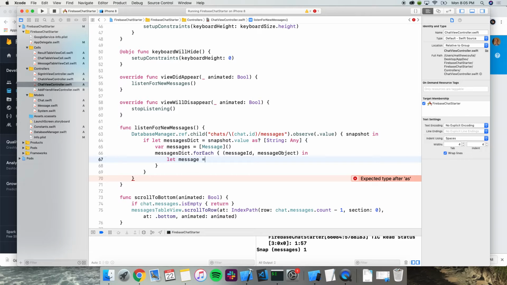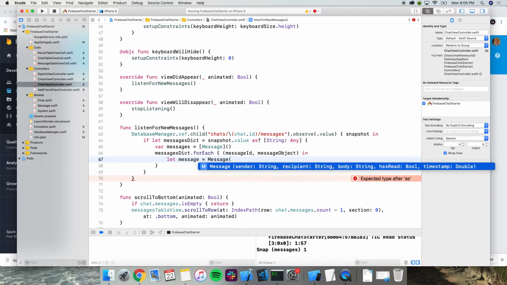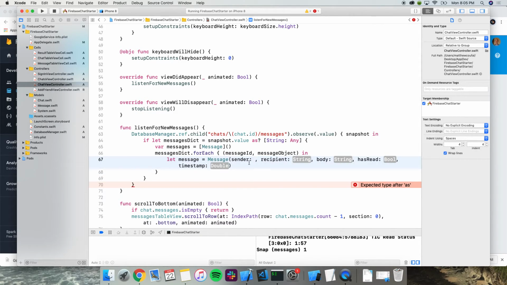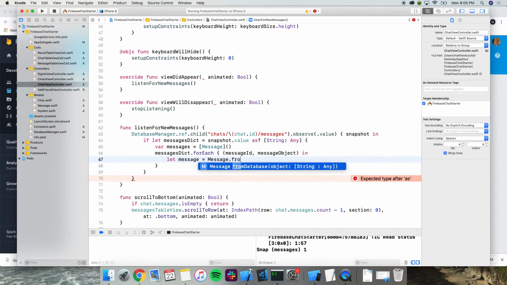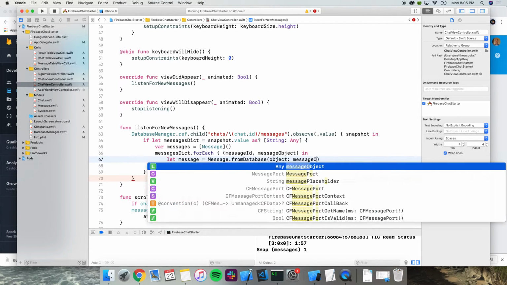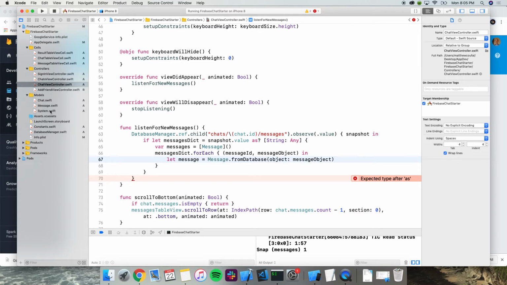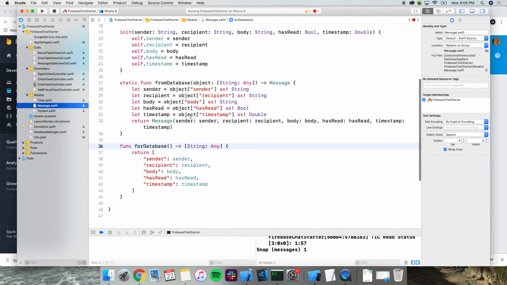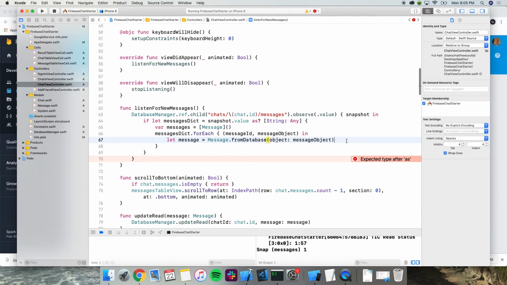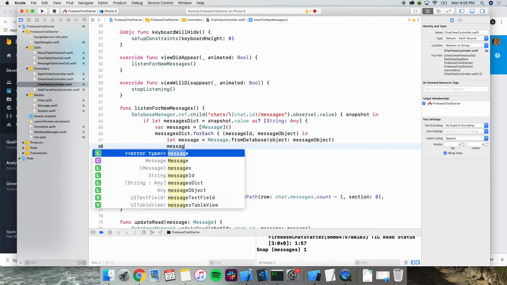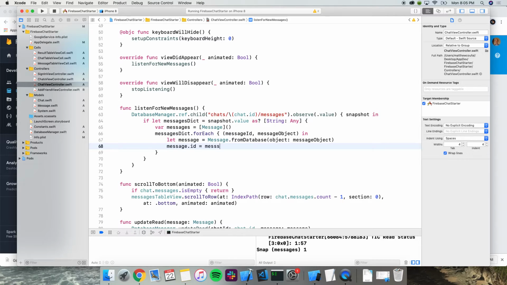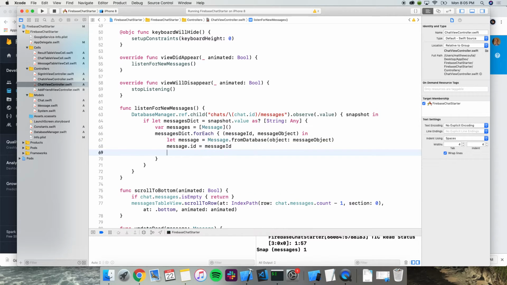All right. So I did the same thing for when we're actually trying to create a message from the database. So we just pass in our message object, and then it just does it for us. We just have a new instance of a message. So that's clean. And then now we actually have to use the message ID for uniqueness.